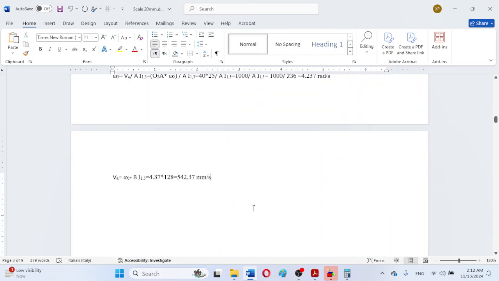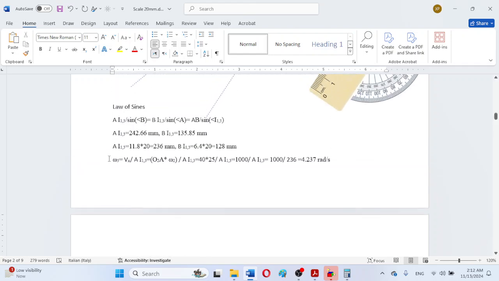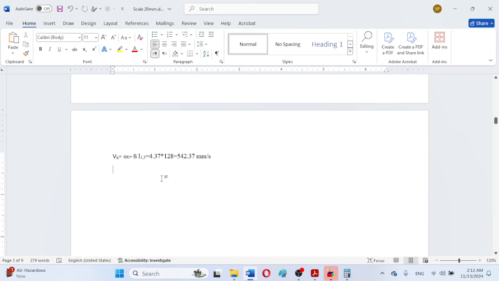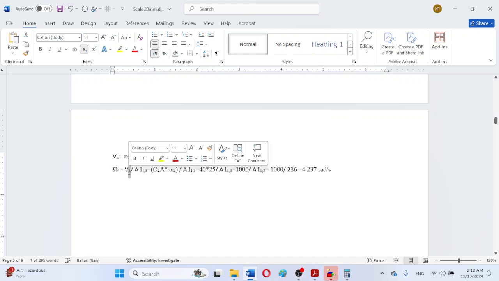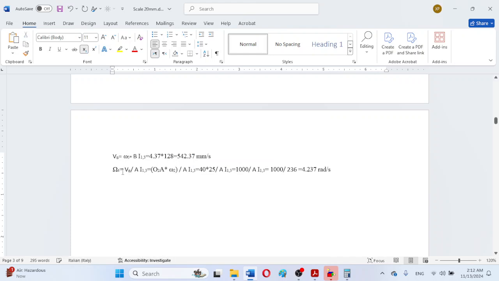So now omega 4 will be equal to, just copy this line here and modify it. So this will be omega 4, that will be equal to VB